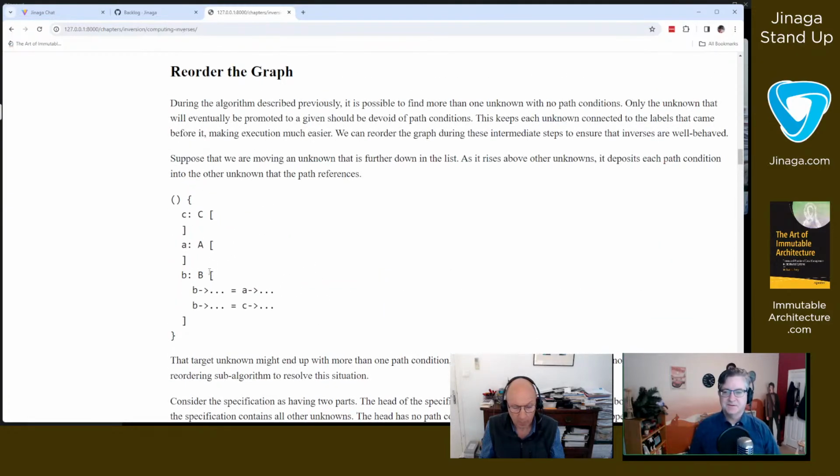And as it does so, it deposits its path into B, because C used to have this path in it, but it was the opposite order. So it deposited its path into B and then kept going. It didn't have anything to deposit into A. So now we're left with an empty C and an empty A. And that's not right. We need to make sure that everything is connected to the previous set of unknowns.